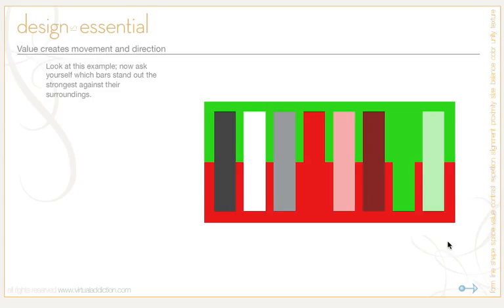So this last green bar, you can see it against both the green and the red, but this second to last green bar, you can't see it at all against the green because it has the same value. Kind of interesting to do that. It's easy to overestimate the visibility of same or similar value colors. When the shapes are simple and large, like the bars that sit on the red and green,